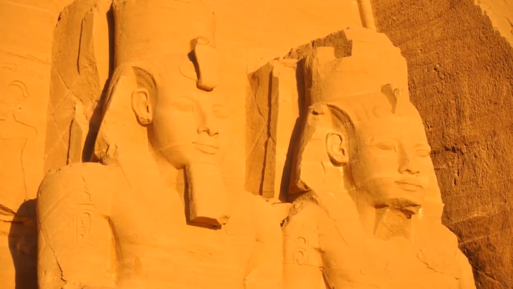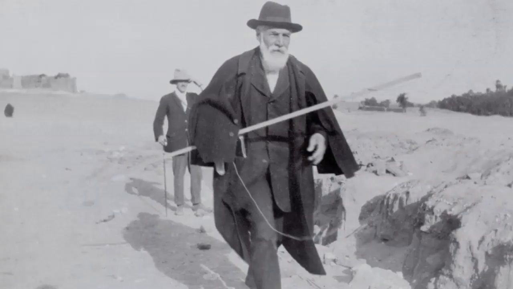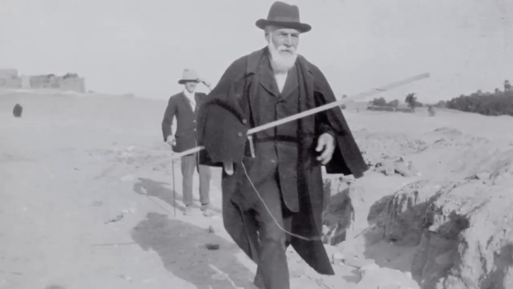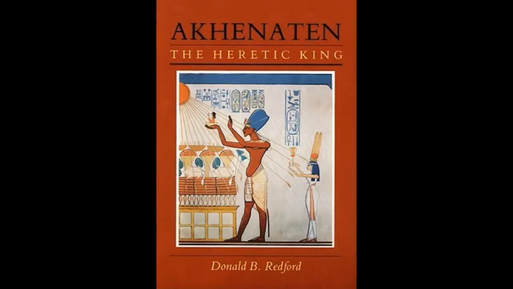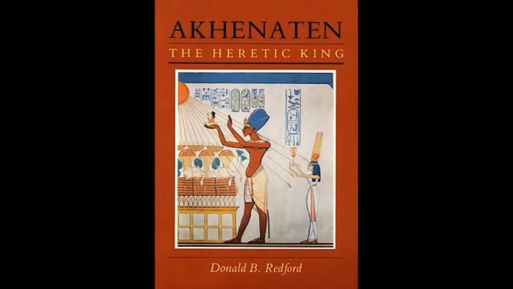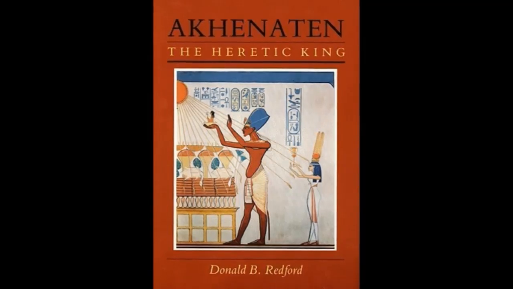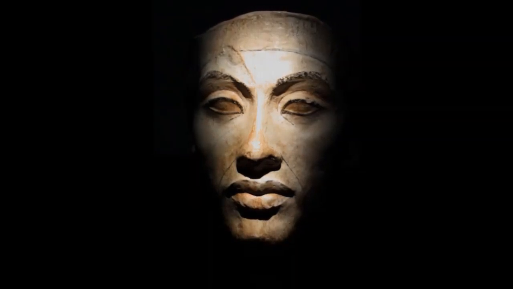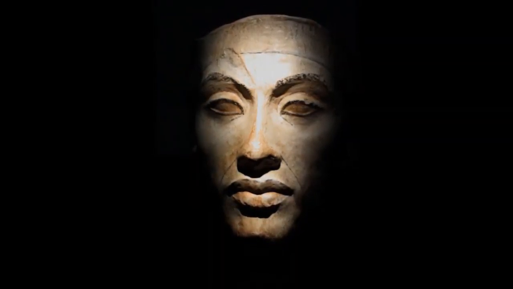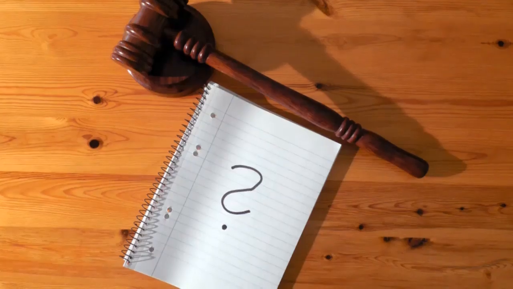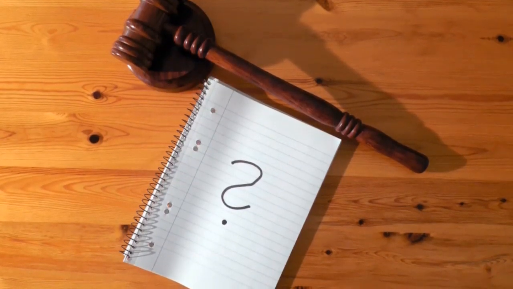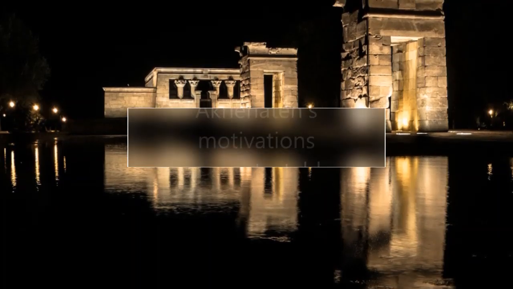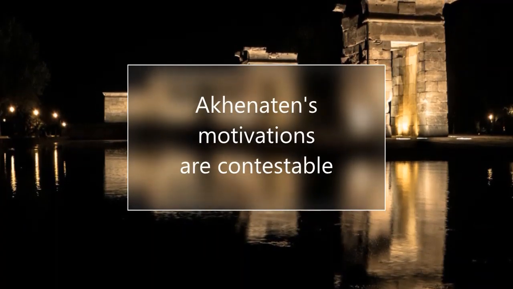One academic, the famous archaeologist Sir Flinders Petrie, looked at the surviving evidence and concluded that Akhenaten was motivated to do this because he was a sincere believer in the existence of one god, the Aten. However, another academic, historian Donald Redford, looked at the same evidence, yet argued that the pharaoh used religion as a mask for his real aims to enforce a new dictatorial government structure on his subjects. As you can see, both academics draw different conclusions from the same evidence. Both interpretations come from reliable sources, and therefore Akhenaten's motivations are a contestable subject.